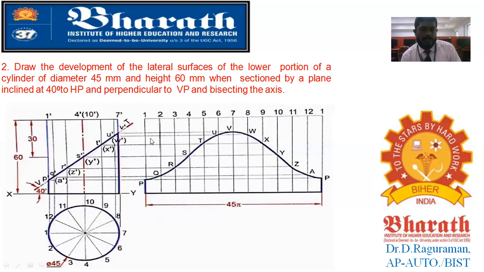Once you divide into 12 equal divisions, you will have 12 vertical lines. Then, wherever you had the cut portions, you had drawn a cutting plane. You can see the cutting plane edge with the dot thick line. On the cut points, you will be drawing a parallel line. Where the cut points are, you have drawn P, Q, R, S, T, U, V, and then A, Z, Y, and X, Y, Z. All these points, wherever it is cutting, you will have points 1 to 12. That is what you are given as the top surface points.